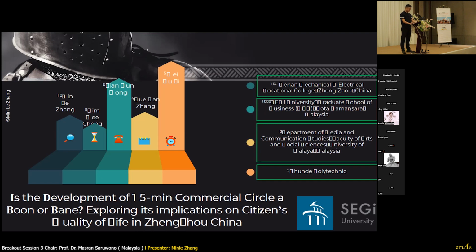Our research topic is the development of 15-minute commercial circle, exploring its implications on citizens' quality of life in Zhengzhou, China.